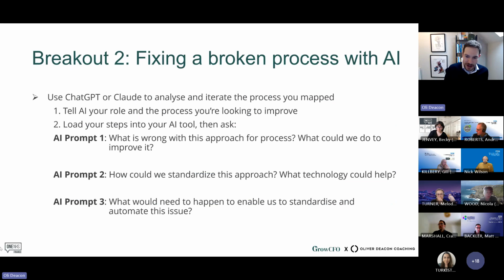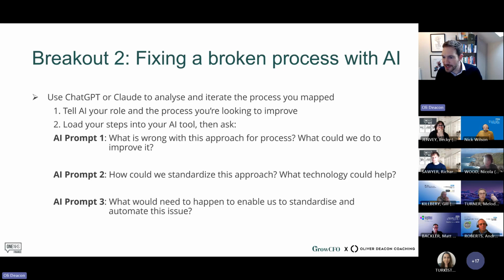Right, now's the real magic, folks. I would like you to have a go at seeing what happens when you try and fix these broken processes with AI. So, Rich, I'm going to suggest that we try it using that first one of recoding the journal. So your situation, Rich, would be you are a finance analyst at month end with your journal recoding process.